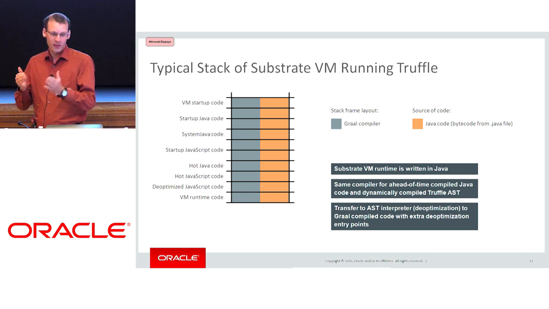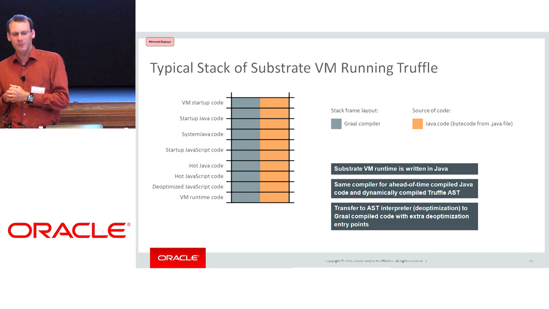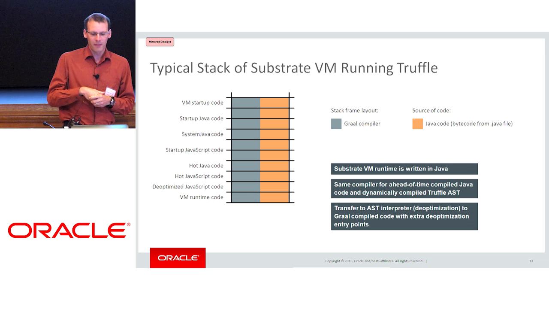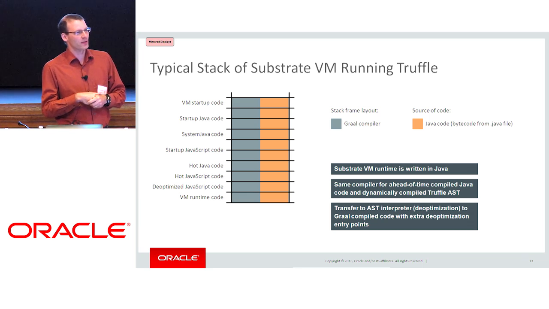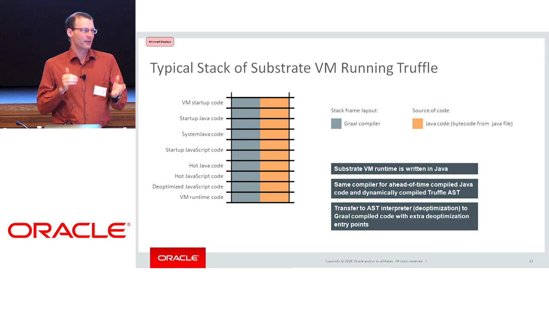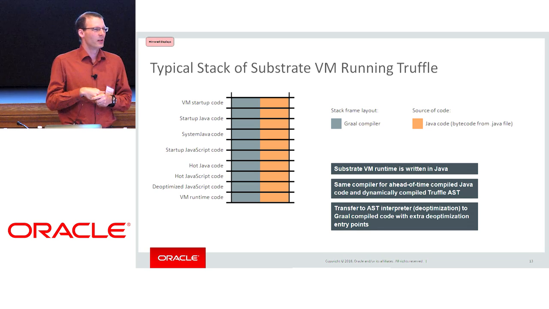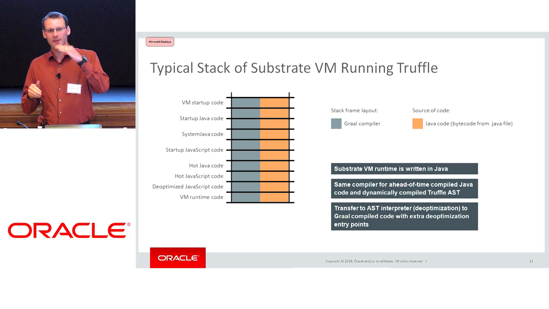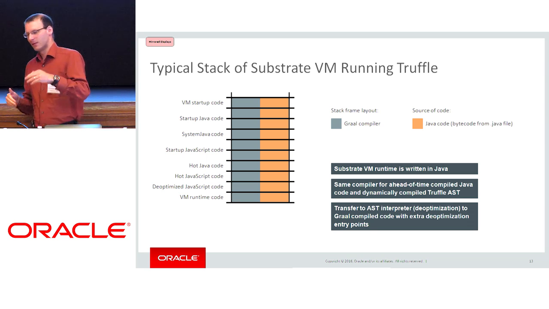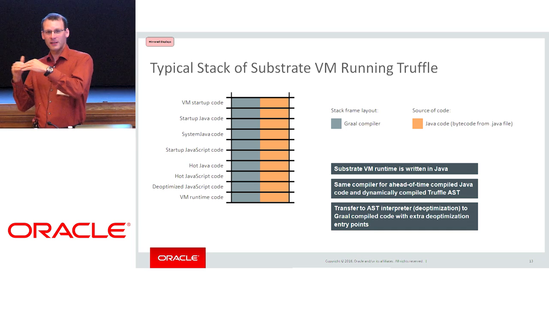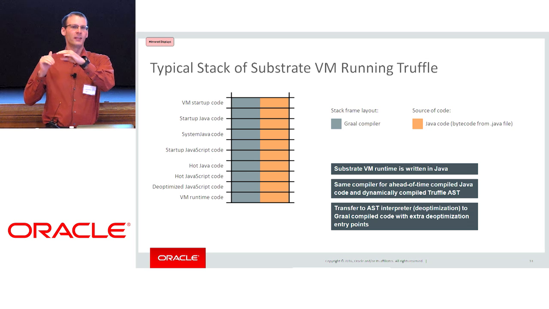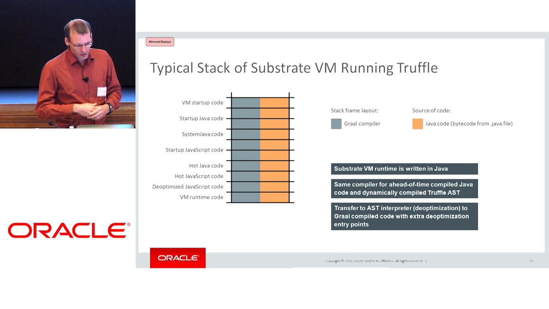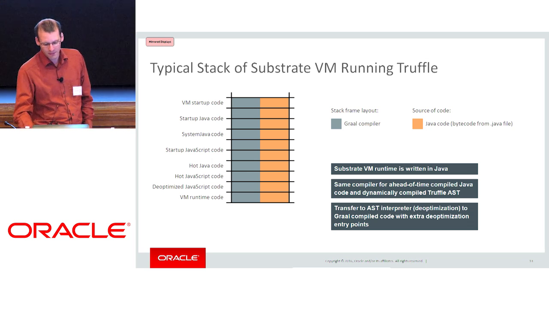And also the logical source of the stack frames is the same, because everything is actually coming from bytecodes that are somewhere lying around as .java files on your system. So there's no automatically generated bytecode. You can really always go back to, oh, I have this machine instruction, and using all the metadata that we have for debugging, you can always pin down every machine instruction to a line of Java code, which is really good for debugging and trying to find out what's going on.